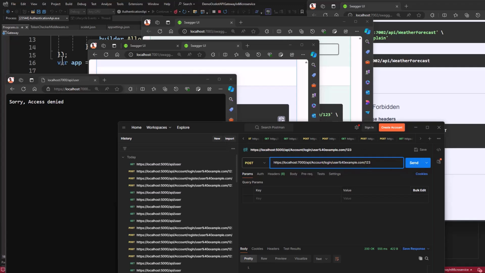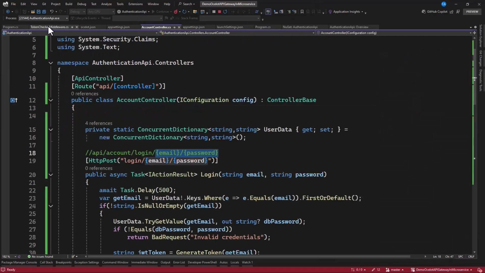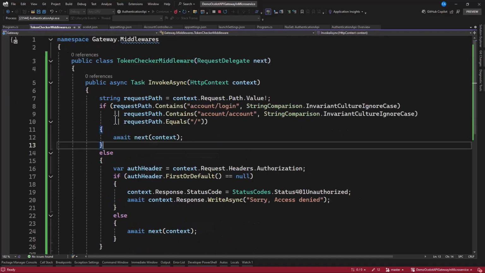We can put a breakpoint here from the account, or we can even put it in the middleware that we have created. So as soon as I hit this, it tells you that the endpoint is coming from any of these. Now let's put a breakpoint and hit it.